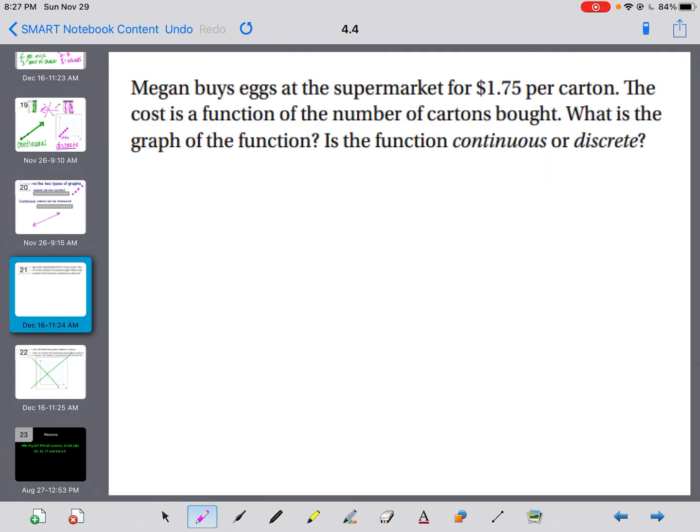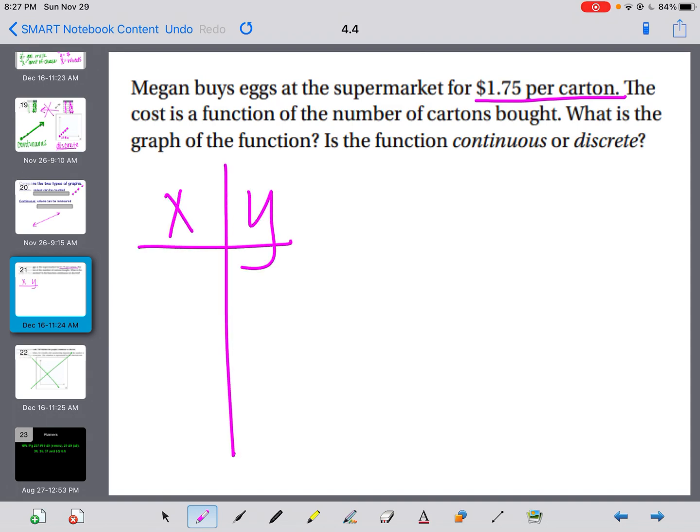Okay, one more example. If Megan buys eggs at the supermarket for $1.75 per carton, the cost is a function of the number of cartons bought. What is the graph of the function, and is it continuous or discrete? Okay, so we could make our XY chart. If I bought 0 cartons of eggs, it's going to cost me $0. If I buy 1, it's going to cost me $1.75. If I buy 2, it's going to cost me